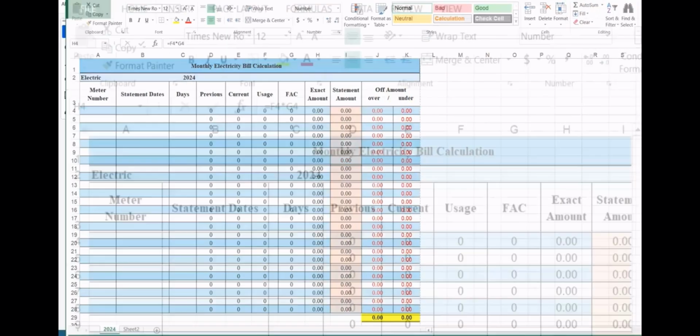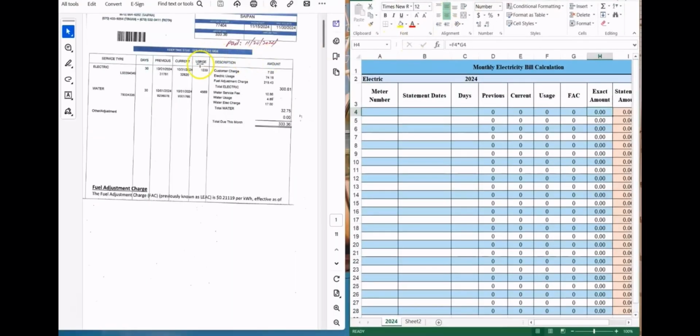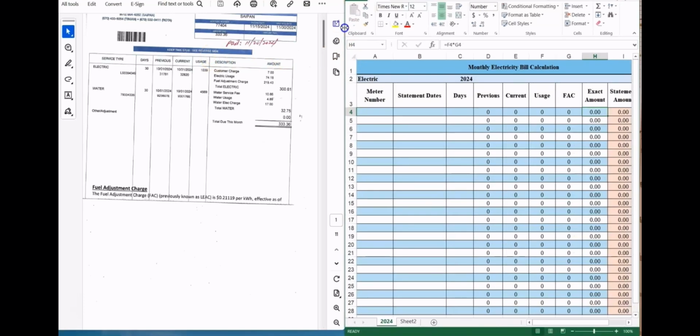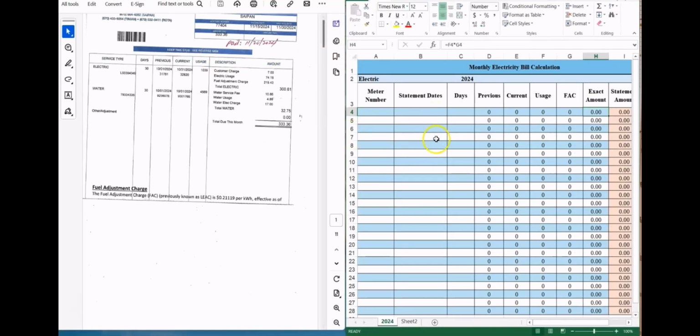Okay, so let's go ahead and begin. Now on the left side is the CUC utility statement, and I will walk you through how to input all your numbers into the spreadsheet that I have provided on your right. The first thing you want to do is enter the service type. You can find it on your statement right below the electric, and the service type for this statement is